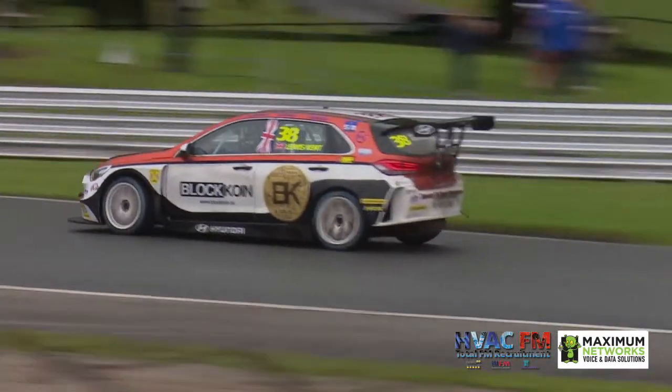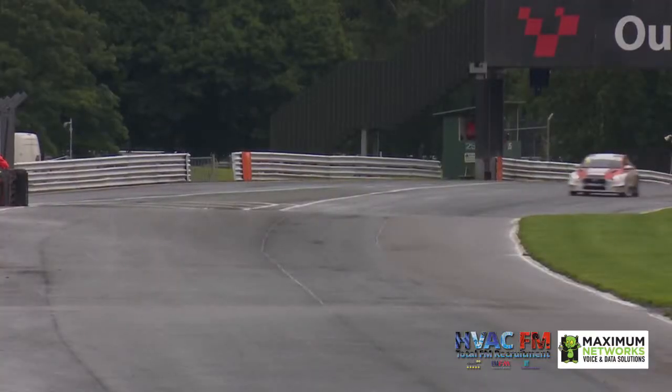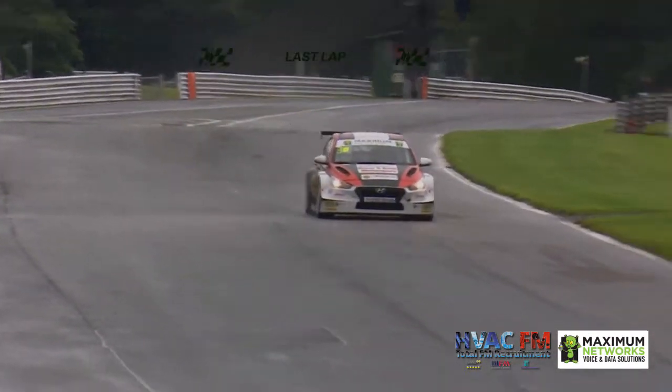I believe it was some sort of an electrical misfire kind of problem, which unfortunately prevented him from running in the rest of the weekend, so he couldn't take part in the 2 races, lost a whole load of points, and that kind of is where his championship was derailed. But it then came well and truly back on track a month or so later at the Croft circuit up